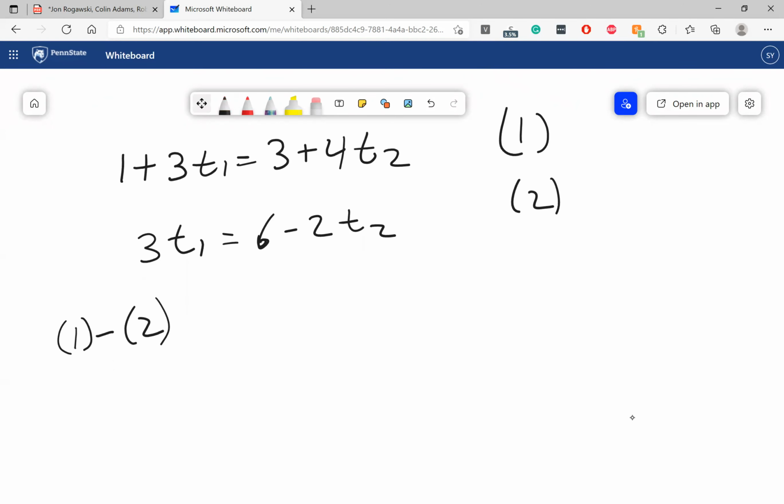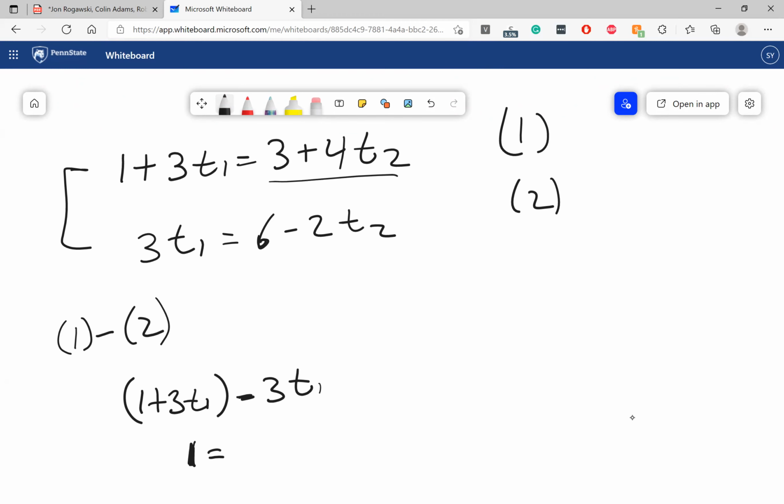And that will give us, from the left-hand side, 1 plus 3T1 minus 3T1. And that's, of course, going to give you 1 is equal. And then the right-hand side, you're going to get 3 plus 4T2